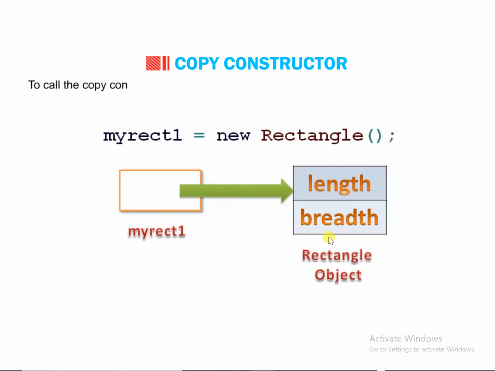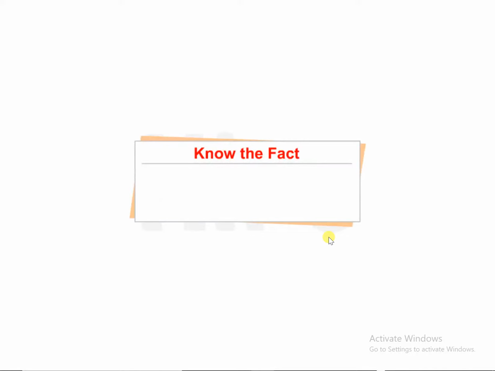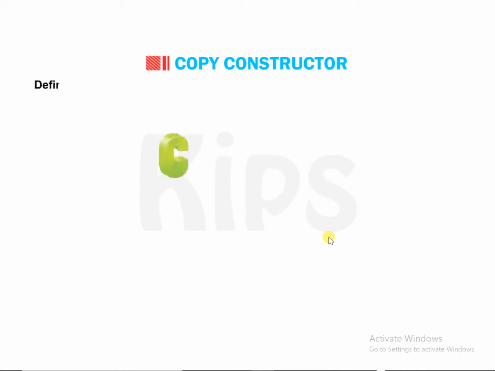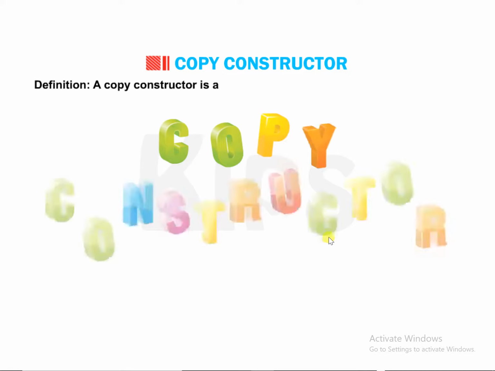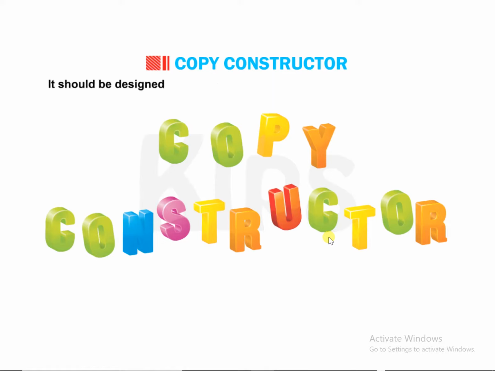To call the copy constructor, you have to pass the name of the object whose values are to be copied. Students, note the fact file. You can use a constructor to initialize the instance variables of the object being constructed. Definition. A copy constructor is a constructor with one parameter of the same type as the class. It should be designed so that the object it creates is intuitively an exact but a completely independent copy of